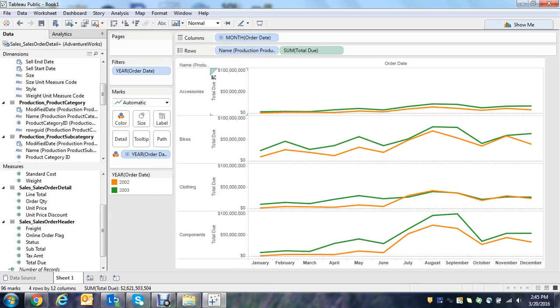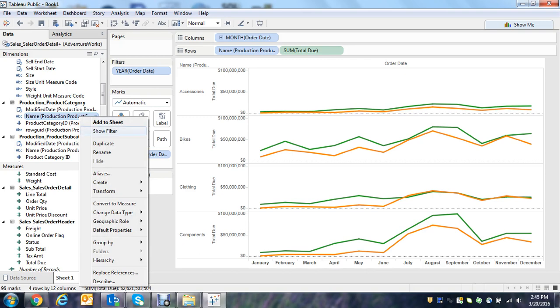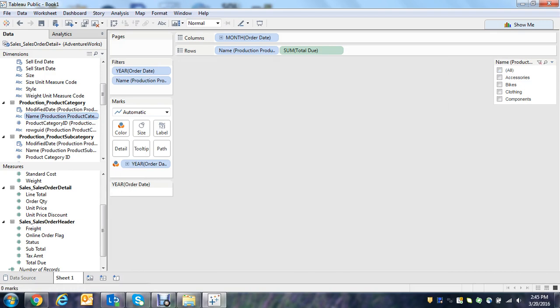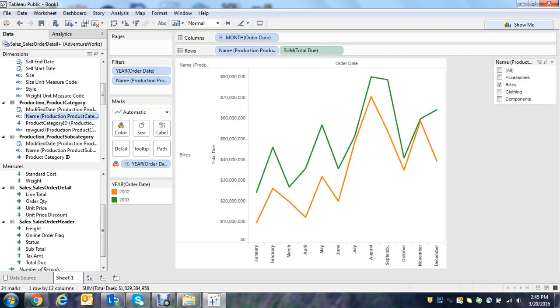Right, so now it's showing data by category. Now I also want to filter because I want to drill a little deeper. So right click, show filter. I don't want to look at everything. I just want to look at bikes. So remove this, just select bikes. So now this is showing me sales of bikes